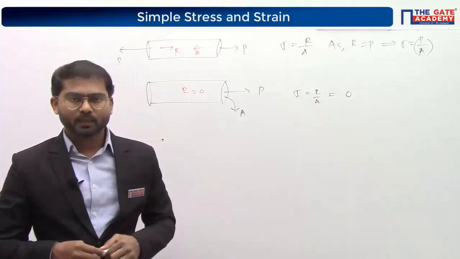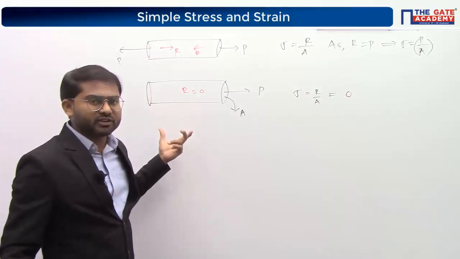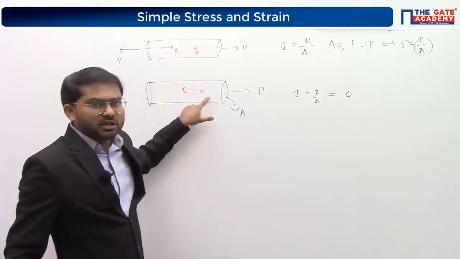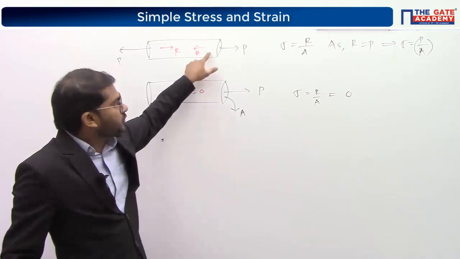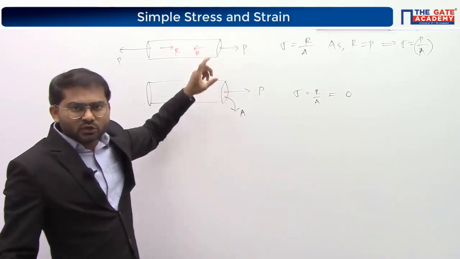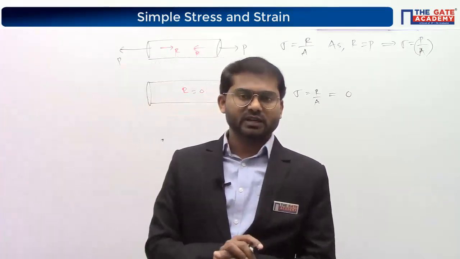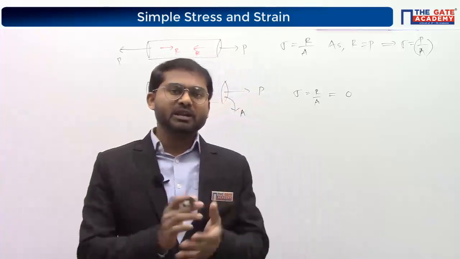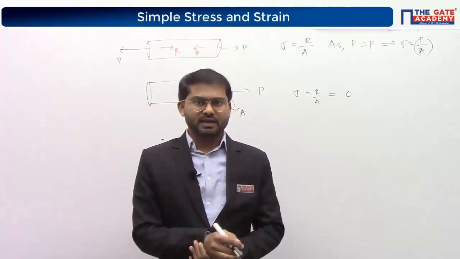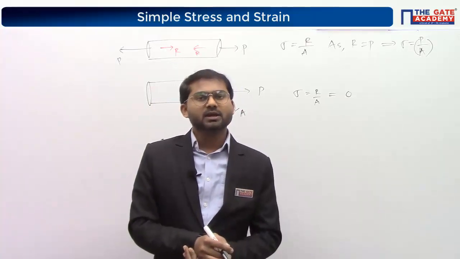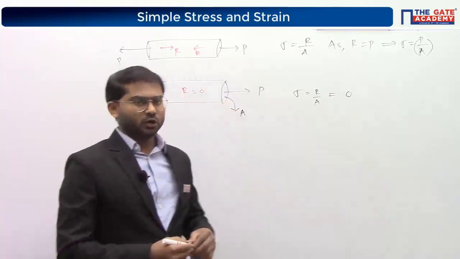Understood? Clear? If you compare these two, the main crucial difference between these two cases is that in this case you have net force non-zero, and in this case you have net force as 0. So we can give the property name as equilibrium. The partial definition of equilibrium is that net force should be 0. The complete definition of equilibrium is that net force and net moment should be equal to 0. I hope you have studied the concept of equilibrium in engineering mechanics. If not, not a problem, I'm going to explain it once again. So net force should be 0.